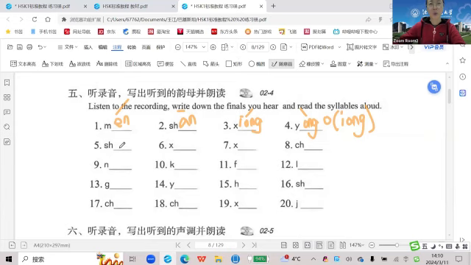The final is one. Quickly. Input your answer in the chat room. Quickly. One. The final is one. 双. Yes, right. One